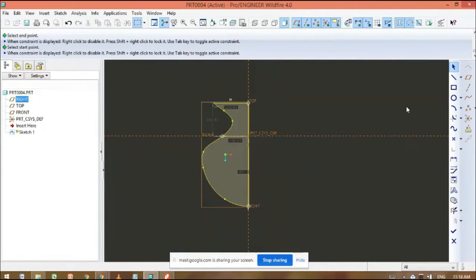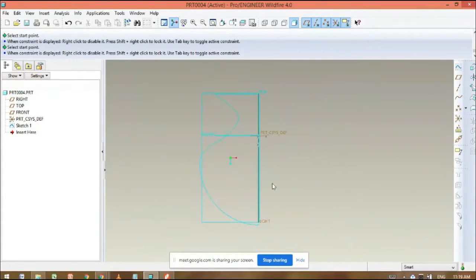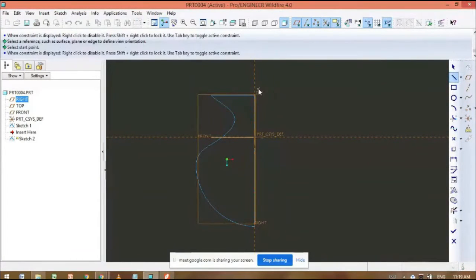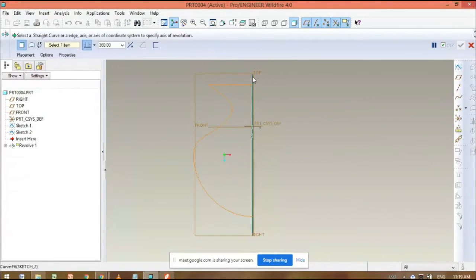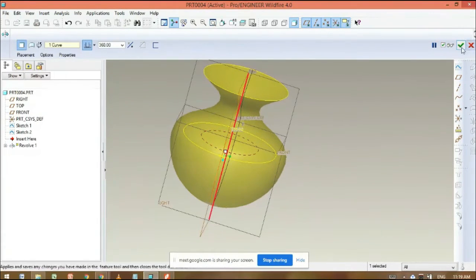Now I want to rotate it. For that, I want to draw the line, but we can draw it separately. Done. So this sketch is completed. Then click on this plane, click on the sketch. Draw the line, simple. Then click on done. So we have this sketch, and we are going to revolve along this axis. These are two separate sketches. So select this, click on the revolve command, and click on the line. You can draw this type of shape. So click on done.